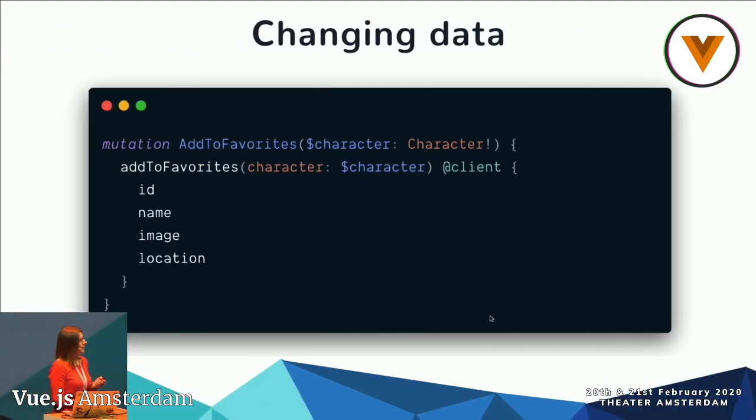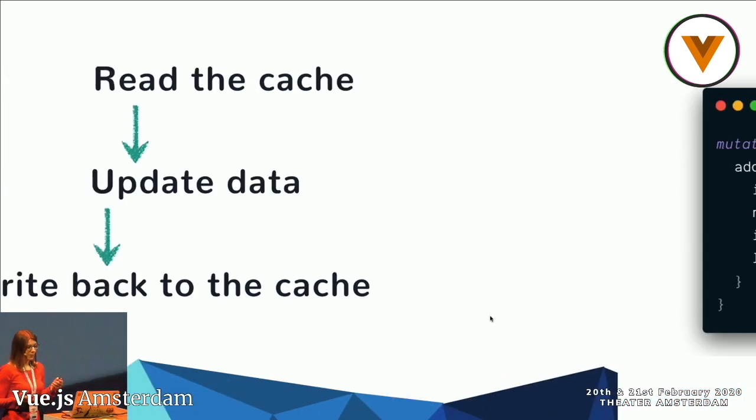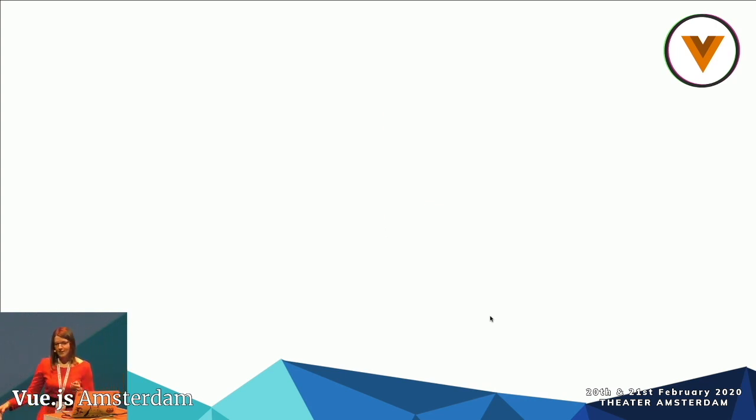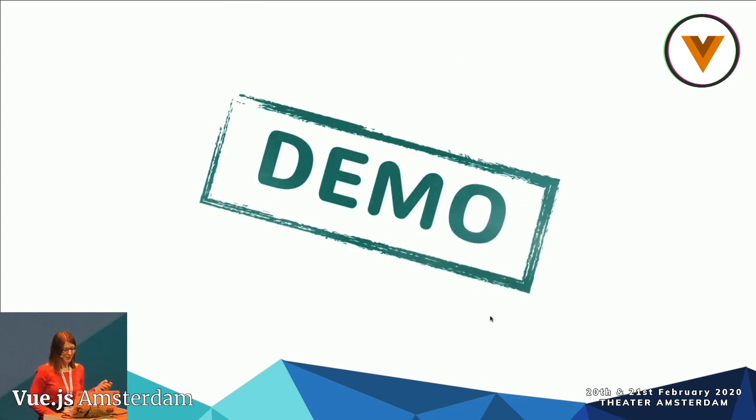So for changing data in the local Apollo cache, we use the same method as for changing data on the GraphQL endpoint. We send a mutation. But this time, we don't send it to the API. We send it to the local cache. And of course, we need to somehow resolve this mutation. We need to explain to our client what we are doing. And we will do this by reading the cache, updating data, writing it back to the cache. Sounds interesting, probably not understandable, but let's try to take a look at the code.